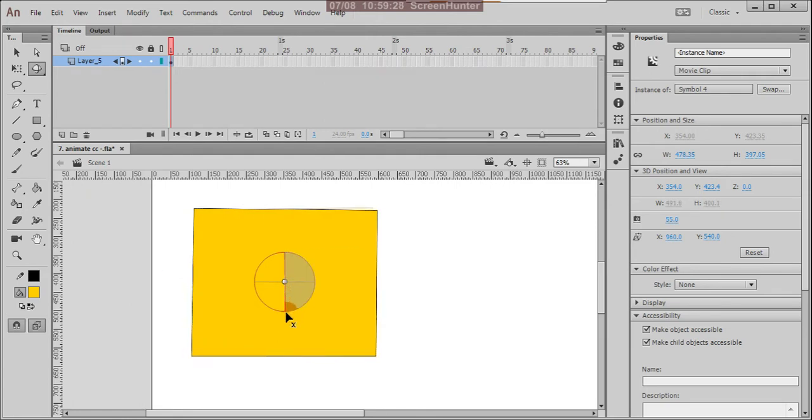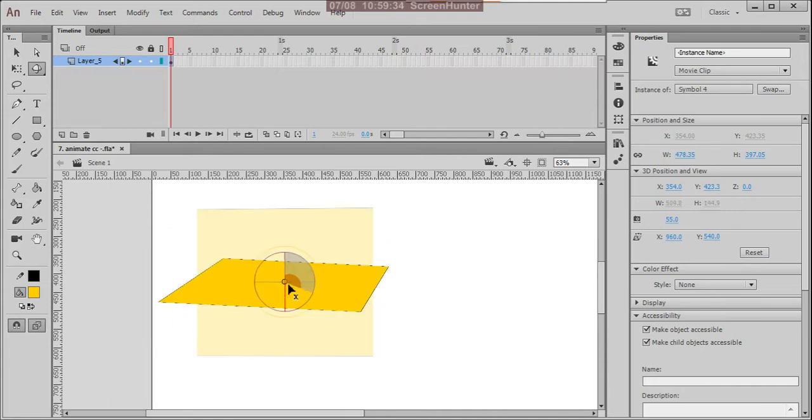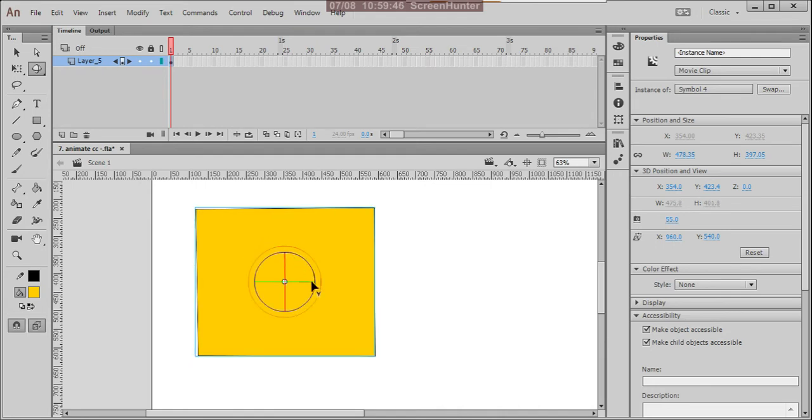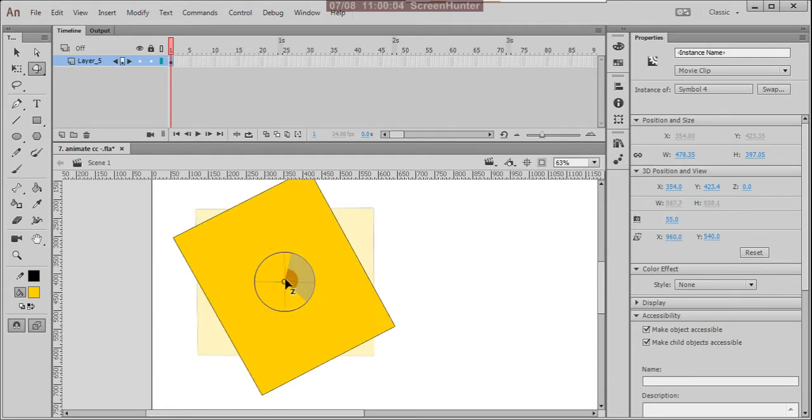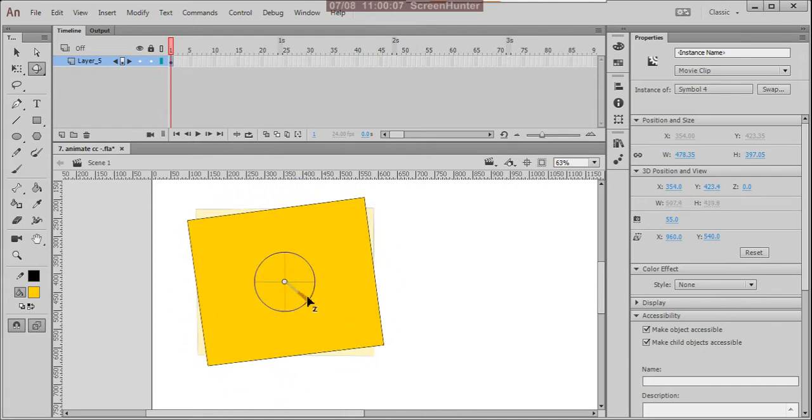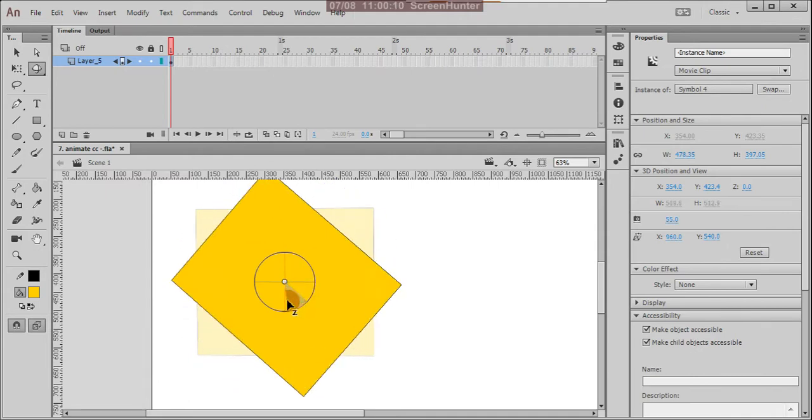You are moving your object in this axis. And this is the z-axis. Suppose this is y-axis, this is x-axis and this is z-axis. So in the z-axis you can rotate your object.